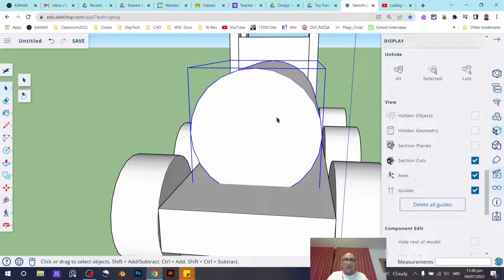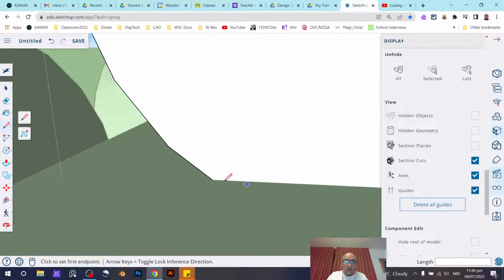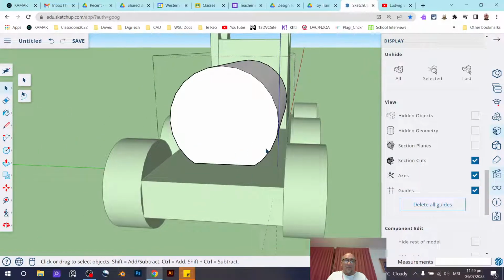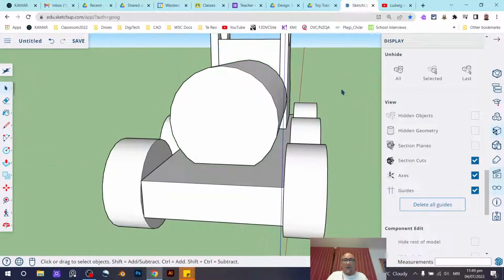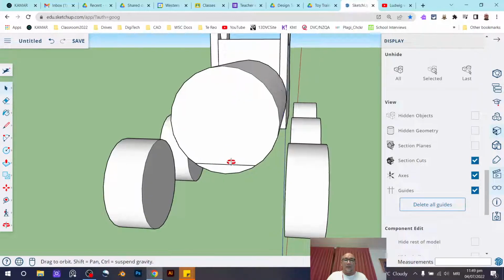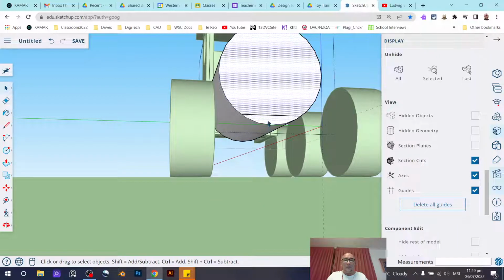Now I'm going to go inside of my cylinder here, and I'm going to draw a line across here. Now you'll notice that you can actually snap to these corners here. So I'm going to draw a line across here. Now I want to push that part away. Now in order to do that, so this part is in the way, you can see the base is in the way. So what I'm going to do is I'm going to temporarily hide this. So I'm going to hide that, and you can see here inside of my piece here I've got,